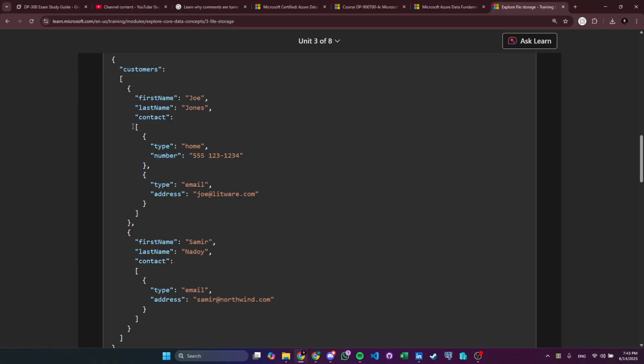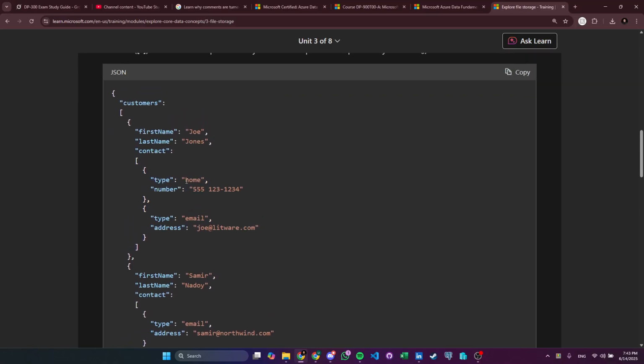Look here. It starts with a square bracket and ends with a square bracket and has multiple information because it contains multiple attributes. Maybe home, maybe emails. We can have multiple attributes here, and they're separated by curly braces, comma, curly braces, which has multiple attributes. This is separated from this. This represents something, and this represents something else, which is separated by braces.